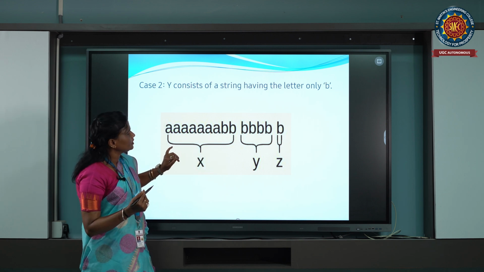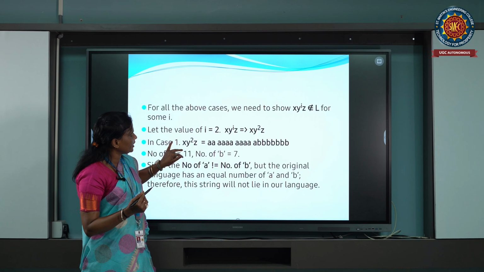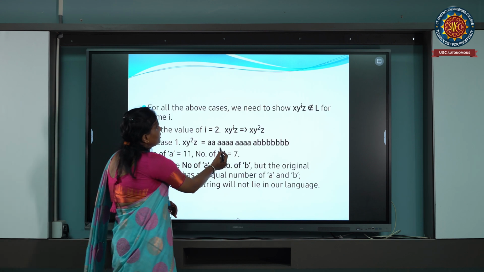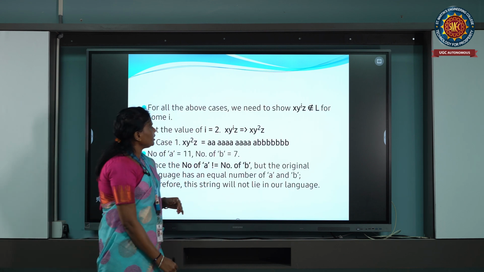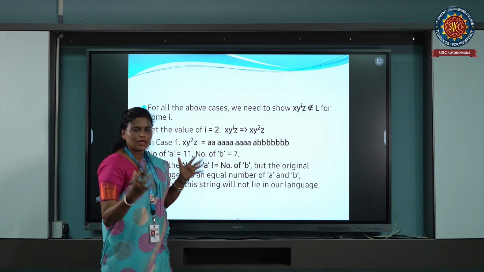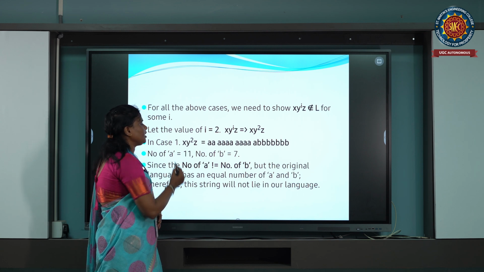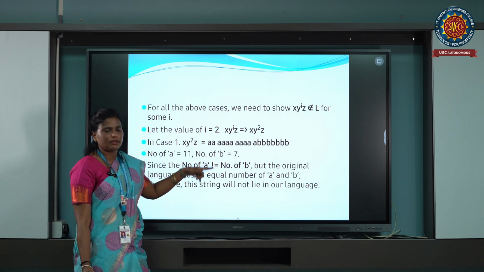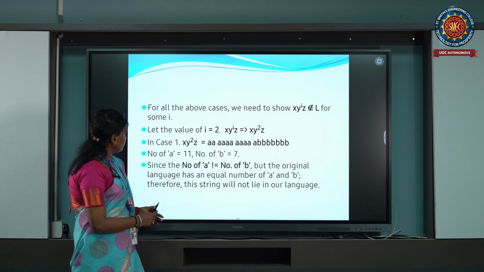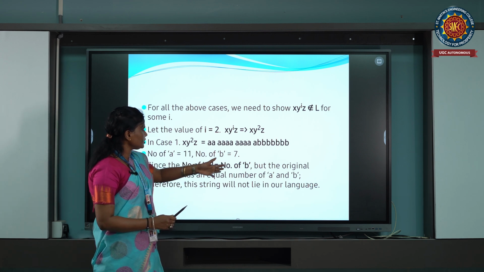That means here we will get 8 a's. The rest of the symbols remain the same. So now the number of a is 11 and the number of b is 7. So here it clearly shows that